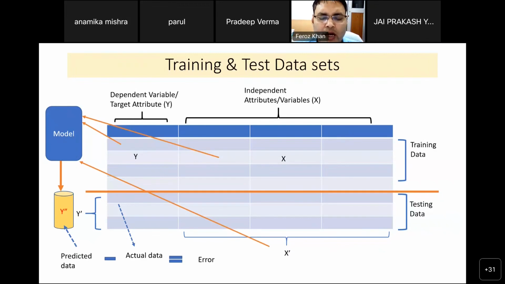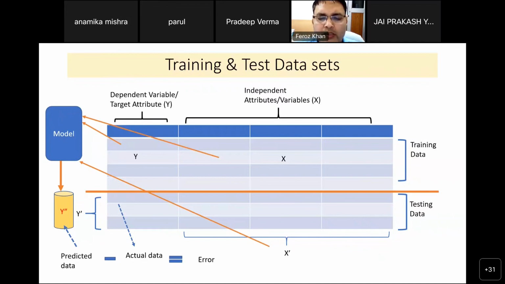We normally use the training data set, 80% part, to develop the relationship between activity and the descriptors. And on the horizontal side, you see on the top, I mentioned the columns in two categories. One is on the right side, the dependent variable, which indicates the biological activity in terms of IC50 or EC50 or KD, KI, any activity form. You have to define any one at a time. The 80% part we use in the model development part.